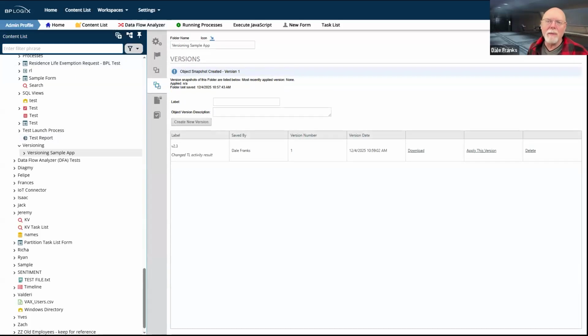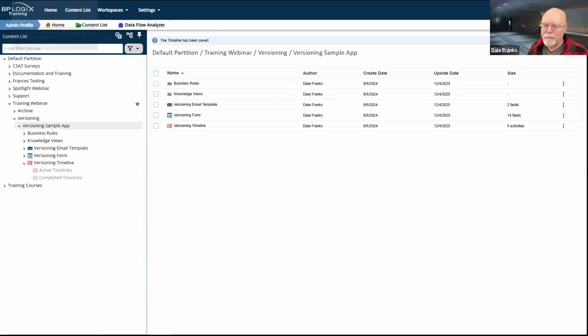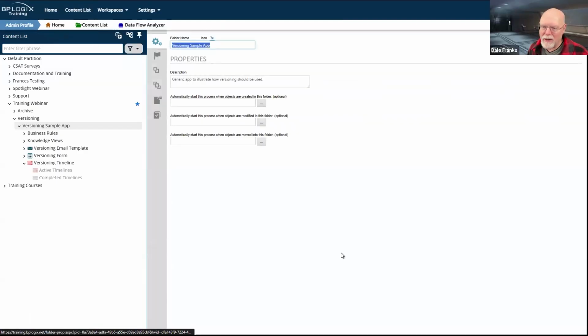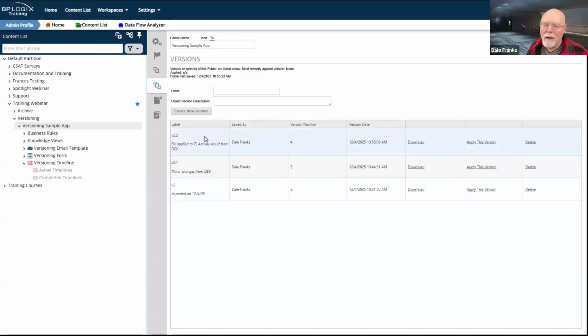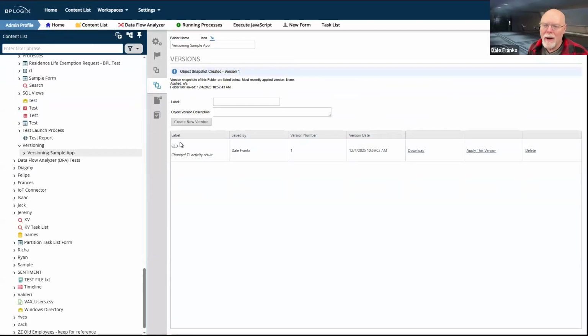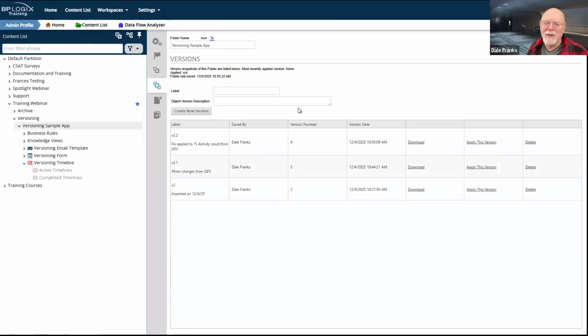And then obviously back on prod, since I've made a change to that timeline manually, I'm going to need to go back here. It's 2.2. I did it right. That is now version 2.3. So because I manually made the change here, I'm going to do a v2.3 here.